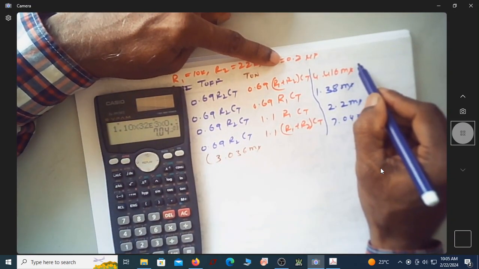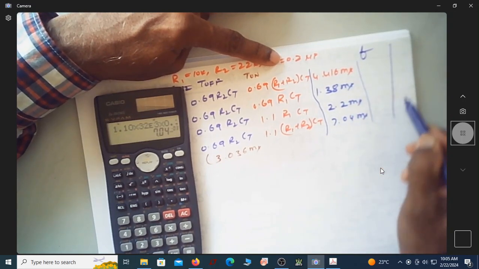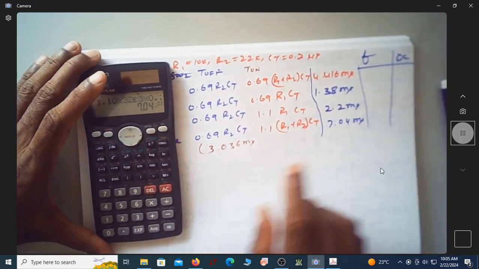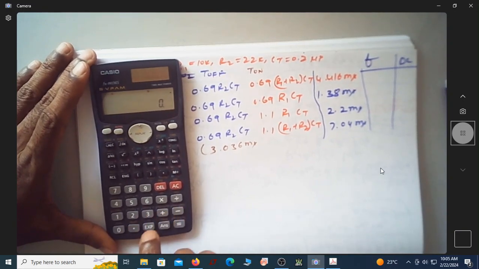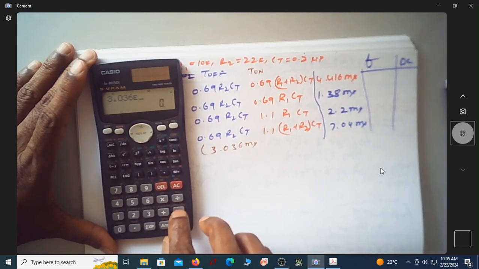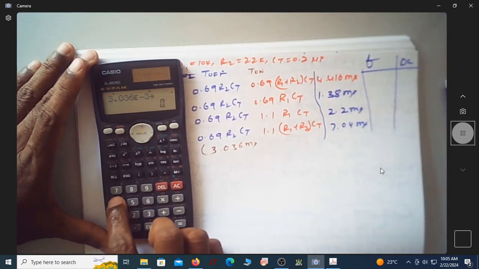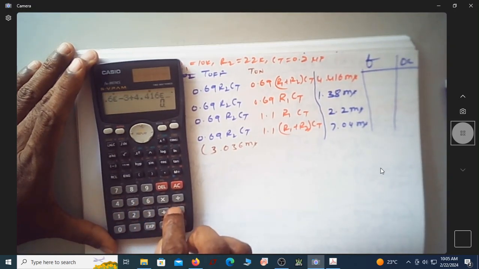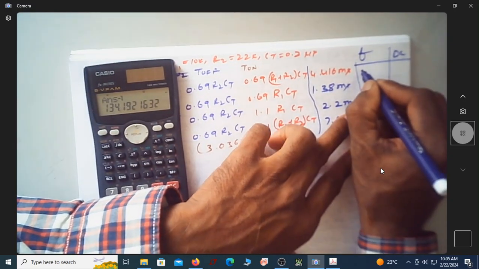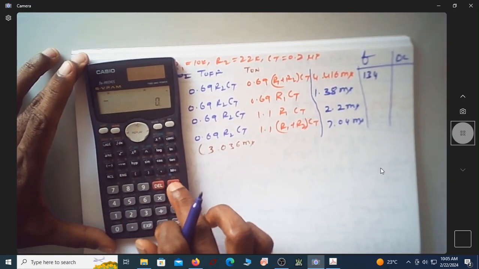So let us write the frequency and the duty cycle. Frequency is the addition of the timing, 1 over that. So let me write 3.036 exponential of minus 3 plus 4.416 exponential minus 3, addition, 1 over that. It's actually 134 hertz. Okay, I'm writing only the number. This is 134 hertz, and in the next case it is